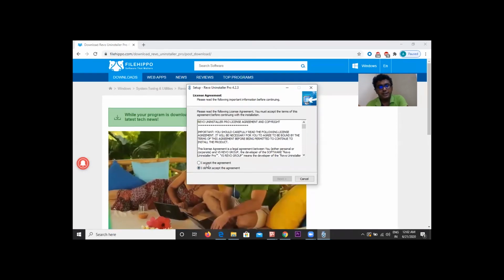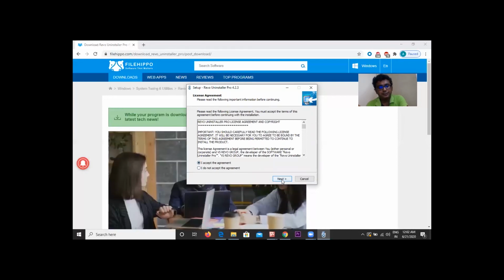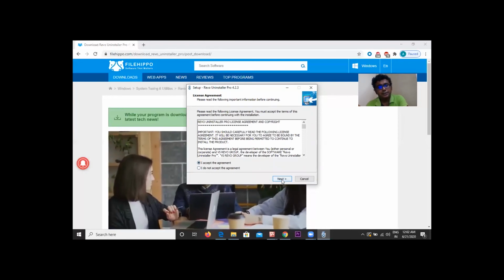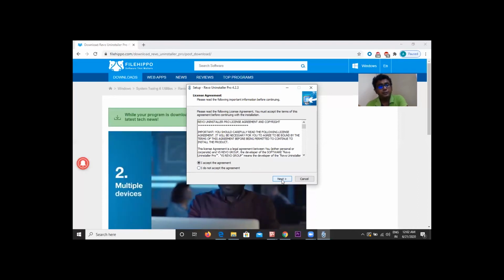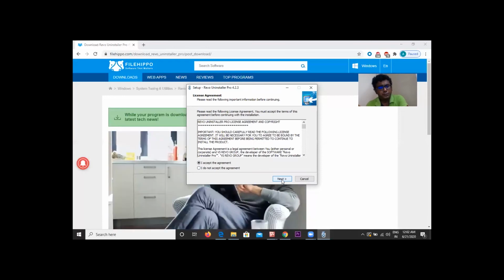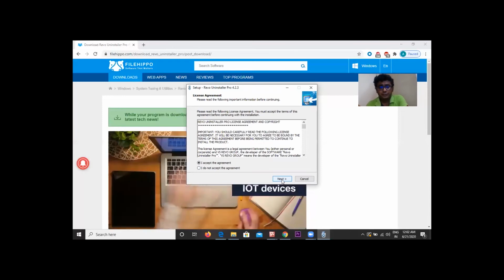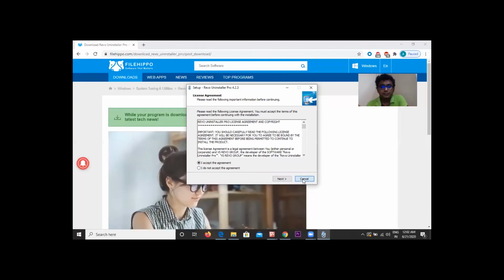Then you will select I accept the agreement. Then click next. And then you will have to follow the steps in order to install this software on your computer. I'm not going to install that software on this system at the moment because it has already been installed. So I'm going to cancel it.